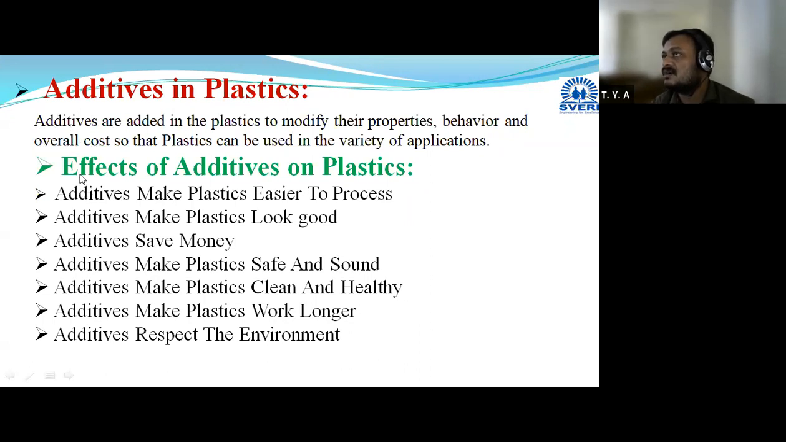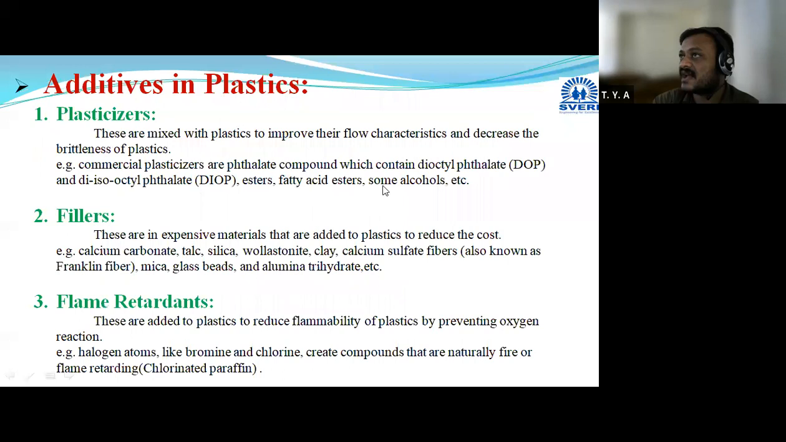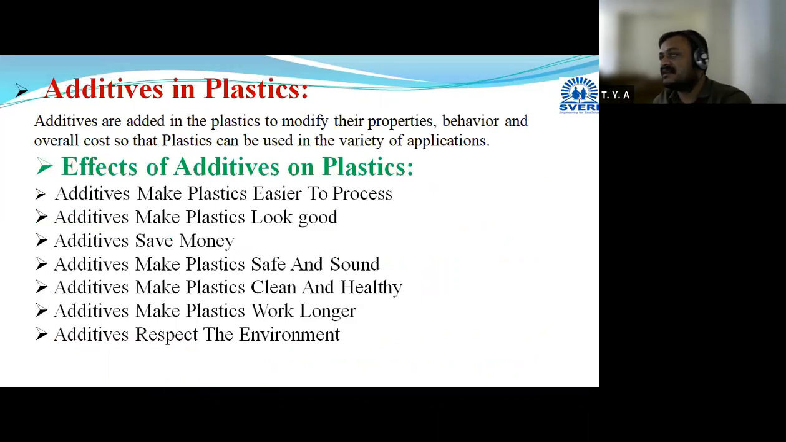Now these are some general effects of addition of the additives in the plastic. There are different types of additives that I have added in the next slide. Means which additive is added to reduce the cost of plastic material, then which additive is added to increase their strength. According to their properties, types of additives are there. So before that, we will discuss